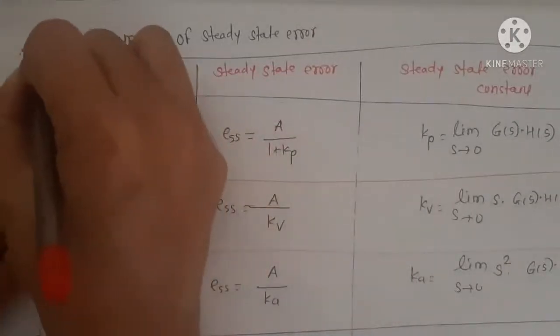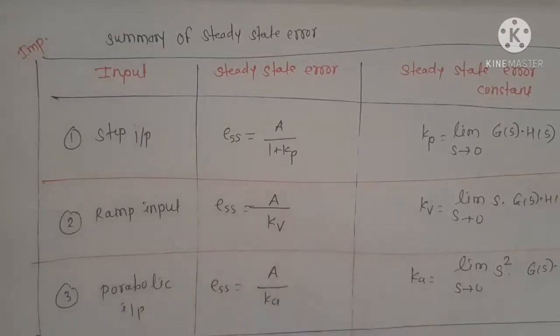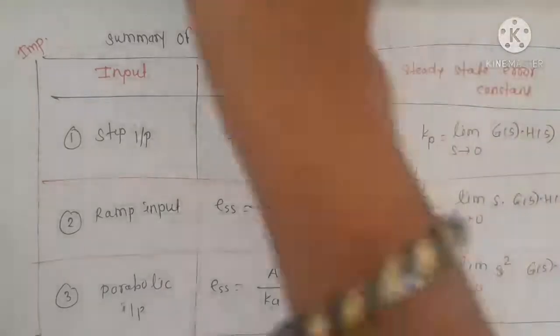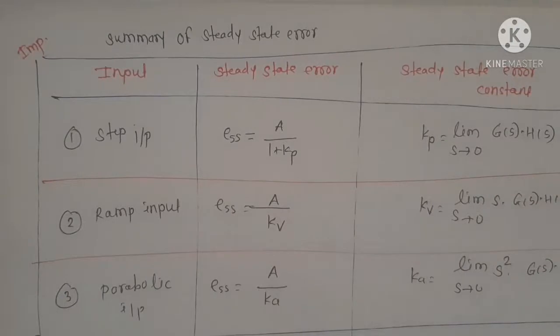So always remember this equation. On this topic in exam you have 100% question. So this is all about steady state error constant and equation for steady state error for different inputs. In next lecture we will see the next topic, that is next factor. We have seen the first factor. Now next factor, steady state error depends on open loop transfer function. So in next lecture we will see the effect of this open loop transfer function on steady state error.